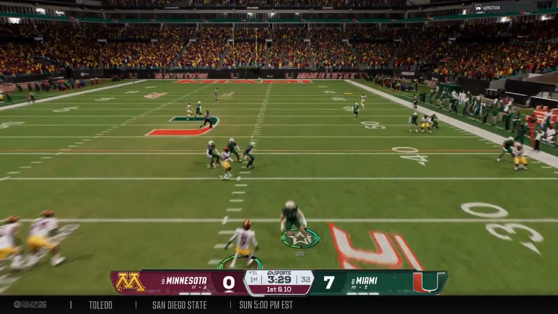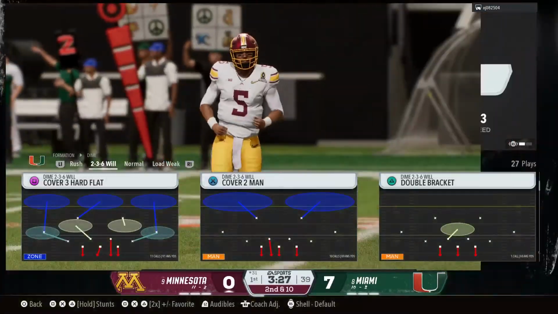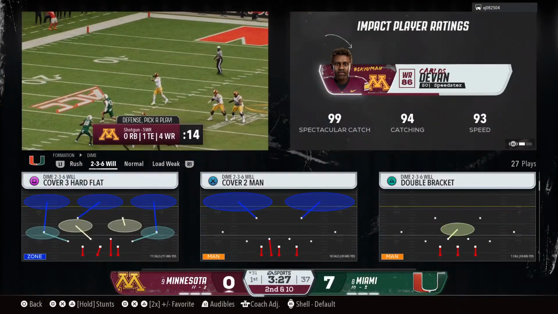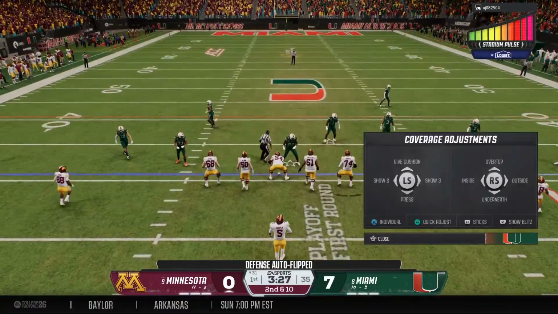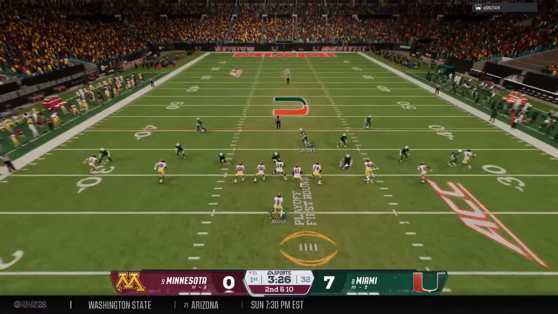Looking to scramble. It's a deep shot to the right. Tried to press the ball deep, but it's incomplete. Well, that's going to go down as an incompletion, obviously, but I like that the quarterback showed his ability to escape, broke loose from the pocket, and put the ball on a string. Just wasn't able to come up with that completion.